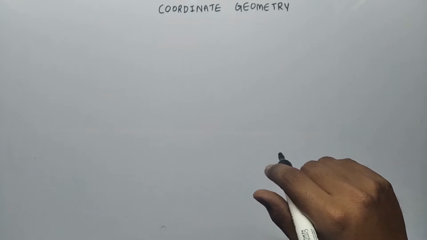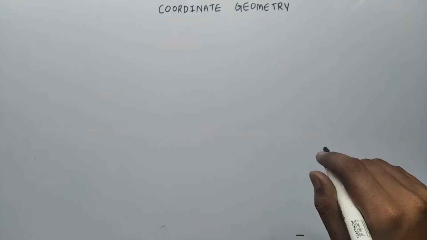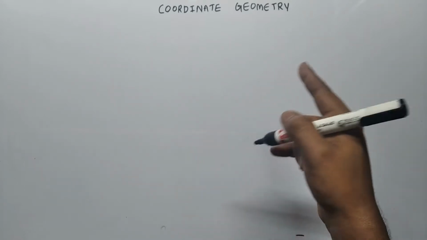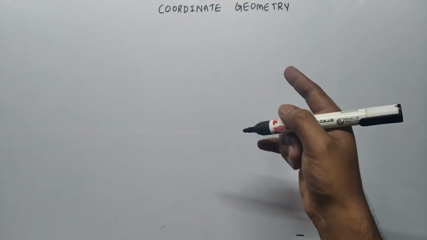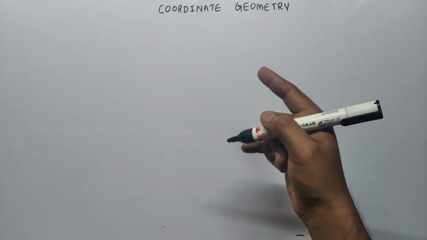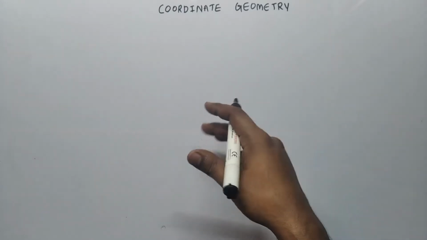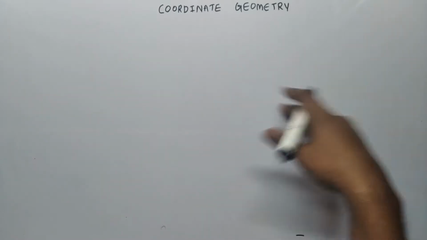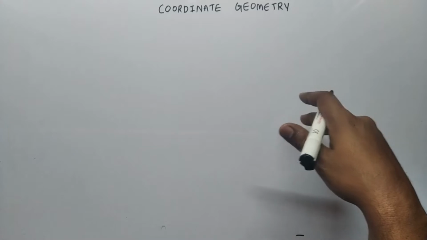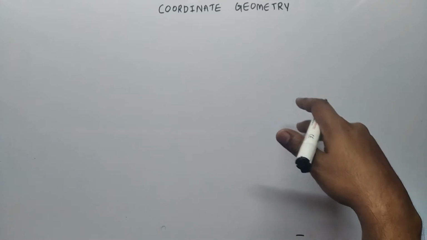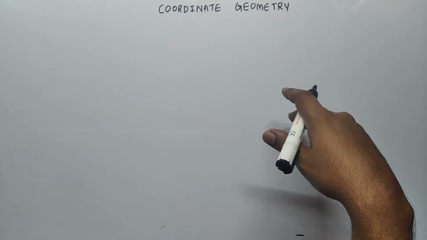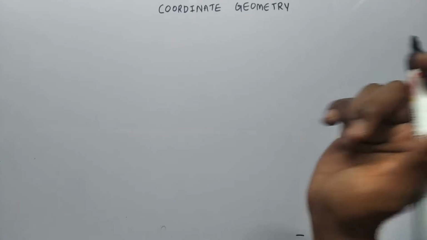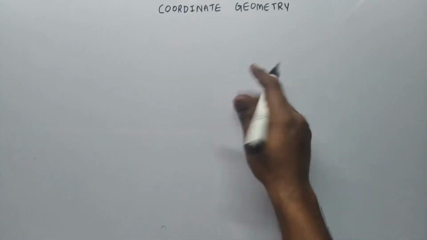Okay, which will be helping you. So previously I have uploaded a video related to coordinate geometry, and there we discussed the introduction to coordinate geometry, who introduced it. Okay, it was discussed by Rene Descartes, and it is also known as the Cartesian product. Then I explained the coordinate system, and after that I gave you the distance formula. I also explained some questions related to that, and today I am explaining things related to the distance formula.